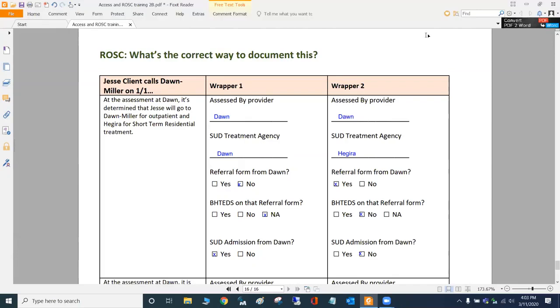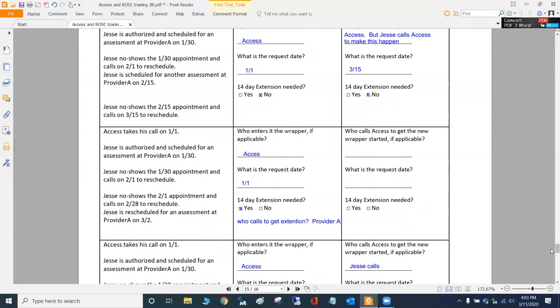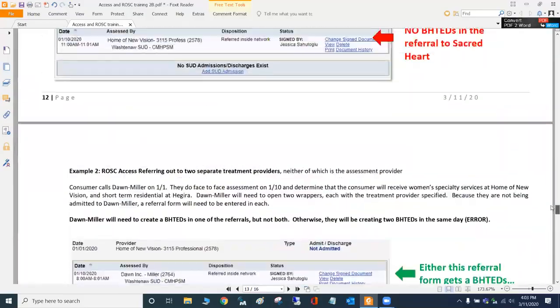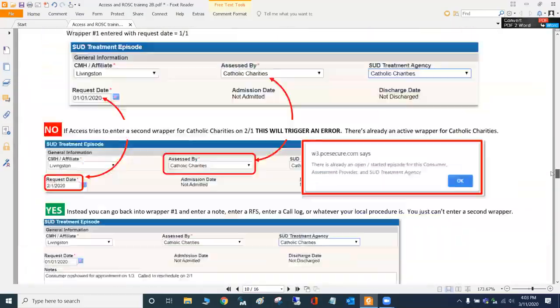Any other questions? It's Anna again. Maybe we're just doing it wrong, but my recollection is that we were told we had to do separate wrappers for all of those things. So when we transfer internally, even from detox to residential, we have to do separate wrappers for those, or we have been. What Rebecca was saying is she would send them to you, and then you would transfer them, and this is a new thing.